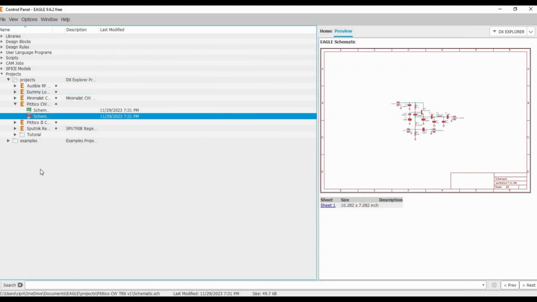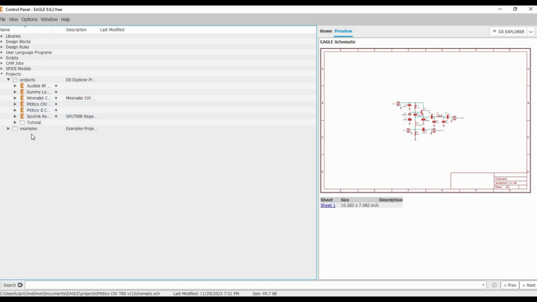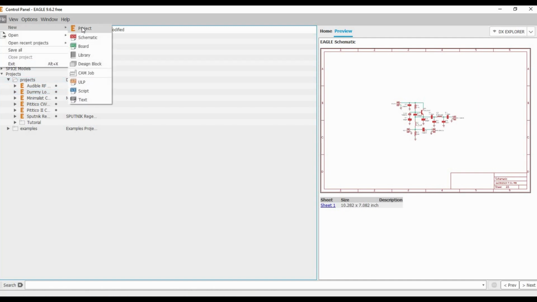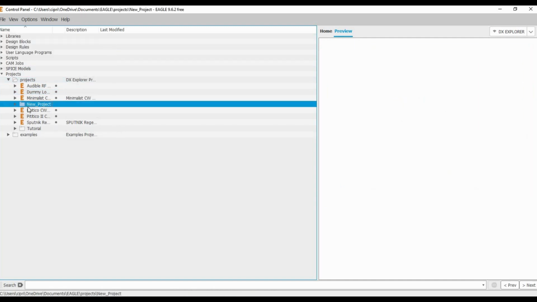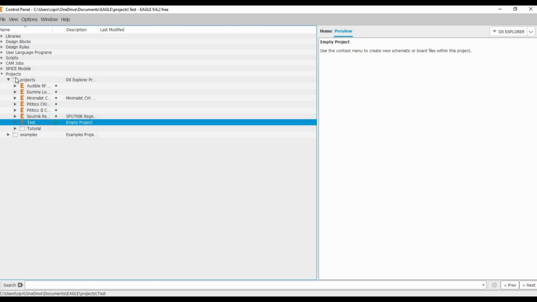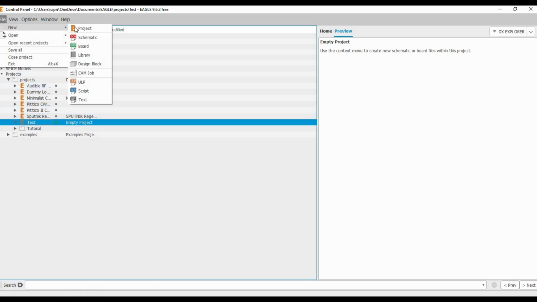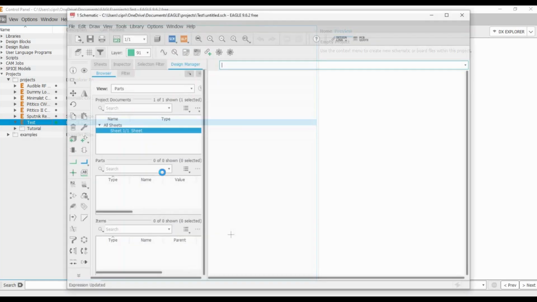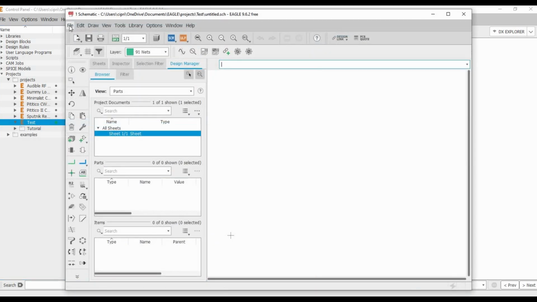So what I do, for example, what I showed you at the beginning, you started with the schematic, but basically you should start with a new project. I'm going to call this one test, and in this project I'm going to open a new schematic, and of course this one I'm going to save it test, save as test,